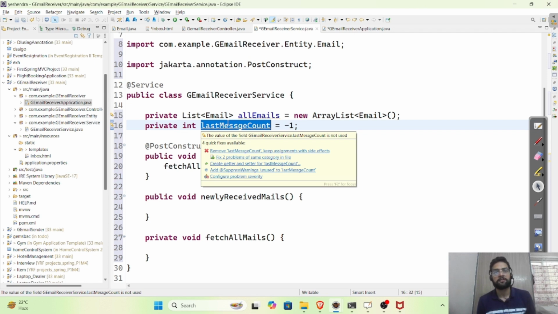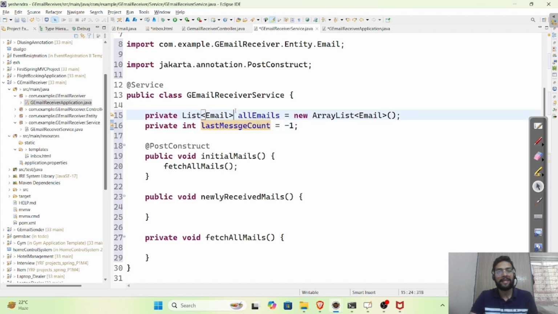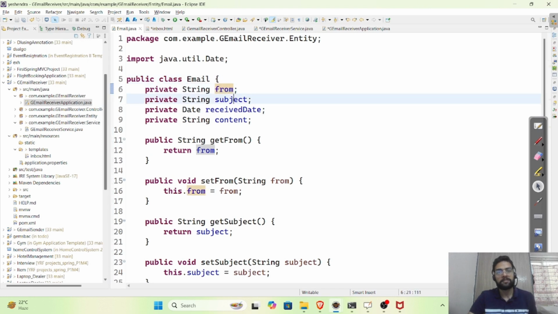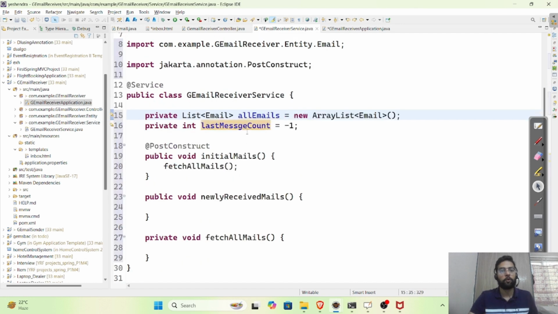Again we'll fetch, we'll update the all emails list, we'll return that list, and we'll show that list, that mail on the top. That is important, on the top first, so that the user can see, okay, this is the new mail I received. And we are already showing the from, subject, received date, and the content. Fine. So I hope you'll get a clear-cut understanding of what I have just now delivered you, and in the